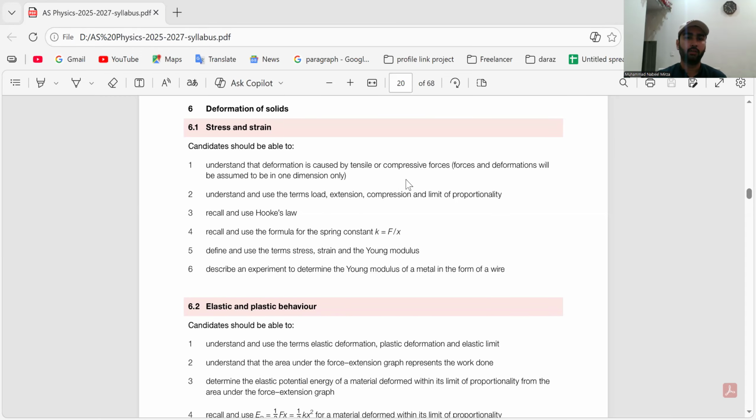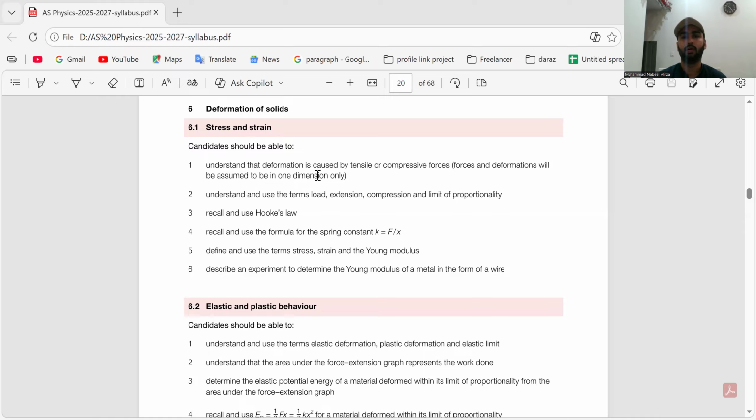What we find out in the deformation of solid: stress and strain. First, we will discuss stress and strain in the deformation of solid, in which we learn to understand that